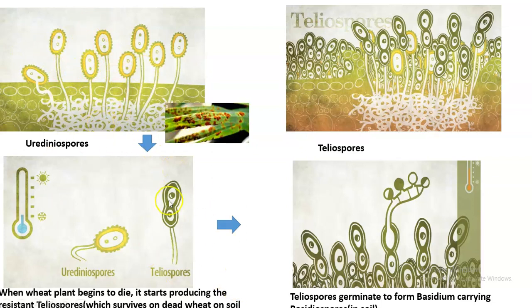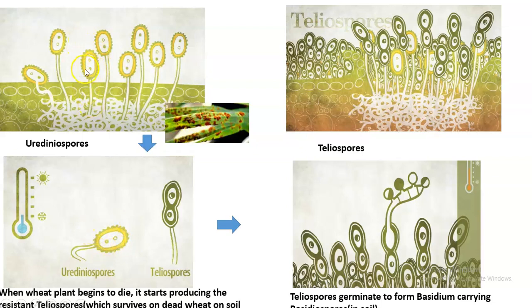Then by the time the wheat plant's growth cycle is complete, after harvesting we have taken away all the grains, then the remaining stubble will be left out. In that stubble it will be growing this particular teliospores. The urediniospores cannot survive the harsh winter condition. You can see the mercury is lower, that means winter condition is prevailing. At that time urediniospores cannot survive,